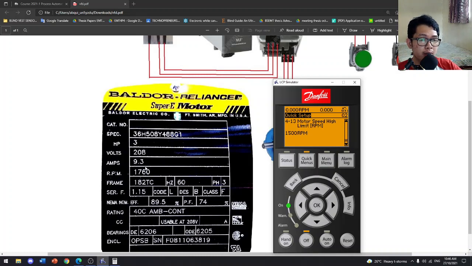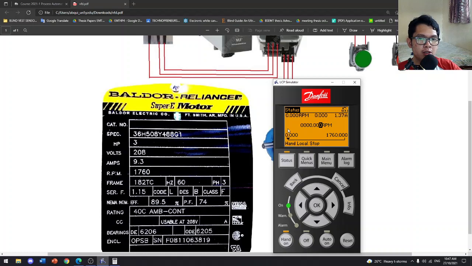So it is also the same, which is 1760. Okay, change this one into 1760. Okay, press OK. So after setting this program, click this status button and then press hand on.